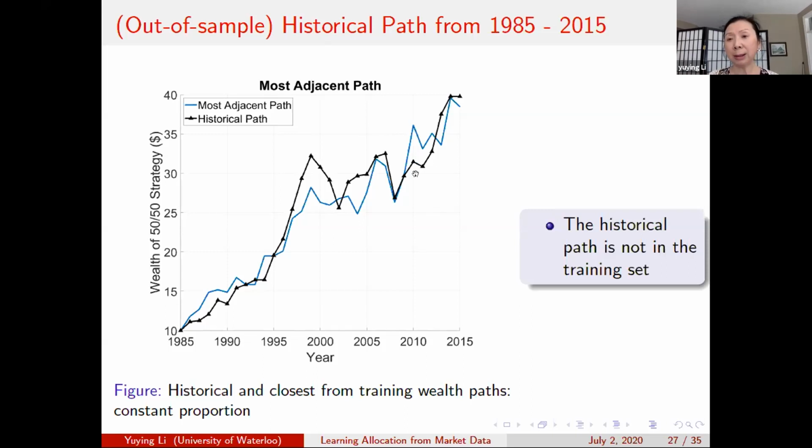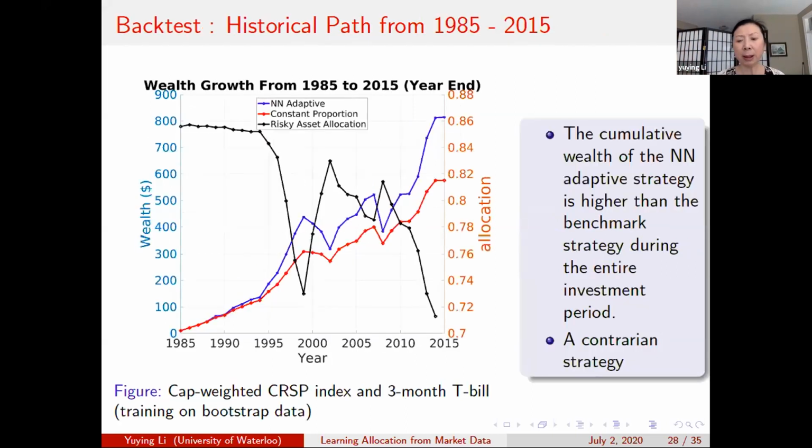So I want to look at the historical path itself, right? Suppose the market over the next 30 years really just repeats the historical path again. What would the strategy look like? So here, this plot basically tells me how it will perform. First of all, the vertical axis on the left is the wealth. I guess I should have mentioned before, our computational setting is a cash injection of $10 at the beginning of each year, right? So here, on the historical path,